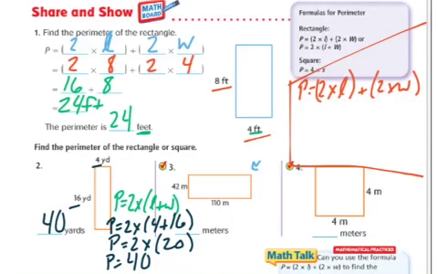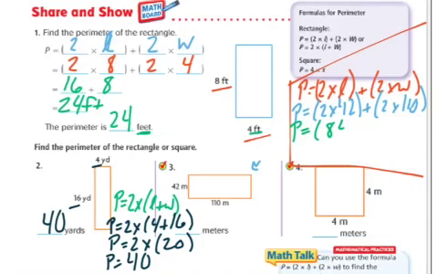Okay, I'm going to go ahead and enter my numbers in. P equals 2 times 42 plus 2 times 110. And then I'm going to go ahead and do my work. P equals 2 times 42 is going to be 84 plus 2 times 110 is going to be 220. And then I need to add these parts together. So P is equal to